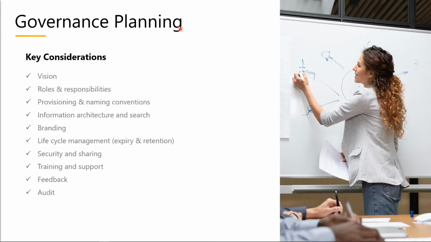Planning is the foundation for governance, as governance starts with good planning. So we need to consider some important things like vision. We need to define a clear-cut vision, so you need to ask some questions like: what do you want to achieve with M365? What are the problems you and your employees face? Where are their frustrations and pain points? And what are the best practices and policies you should incorporate for it? Like that, you need to define some questions and have a clear vision and define your own requirements and guidelines,